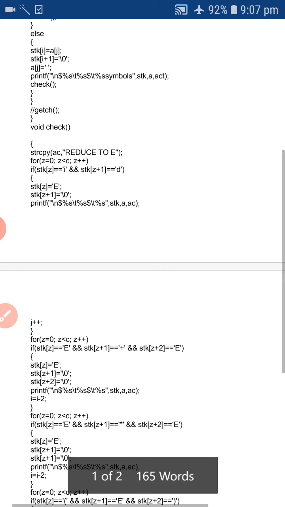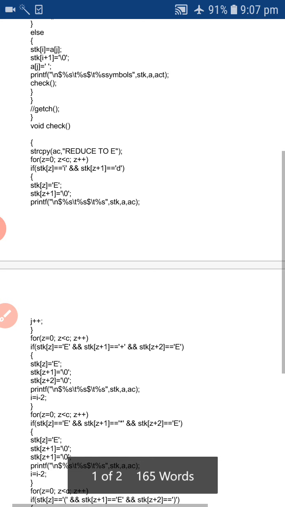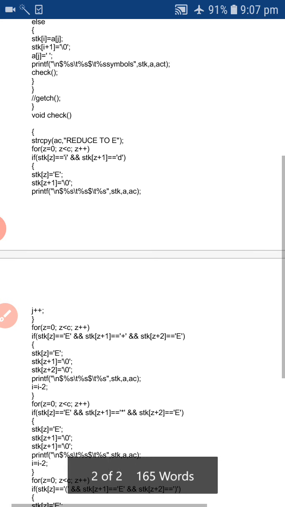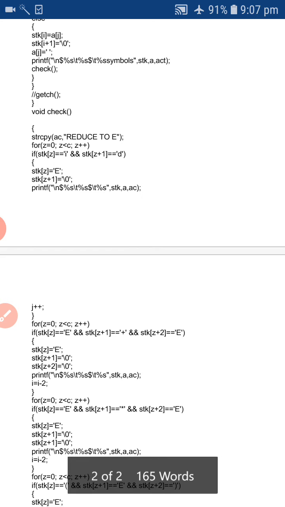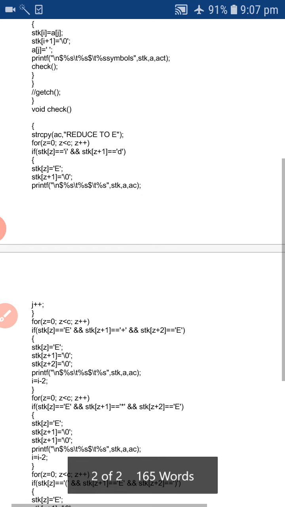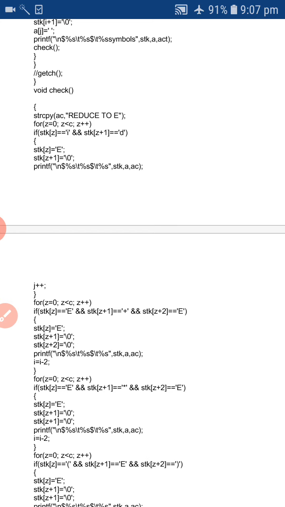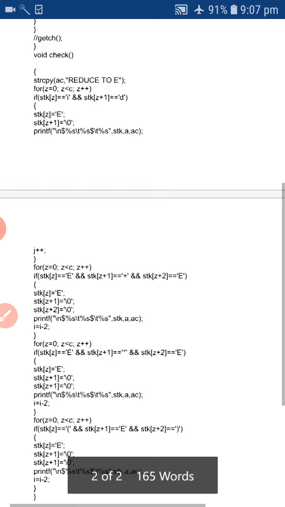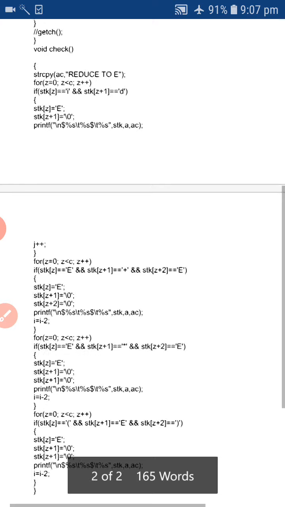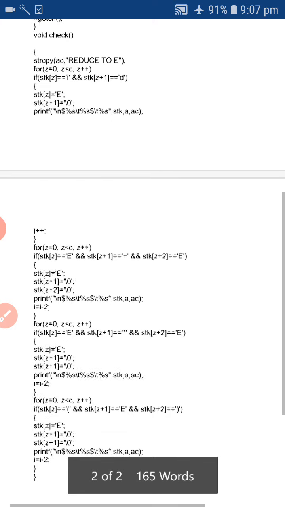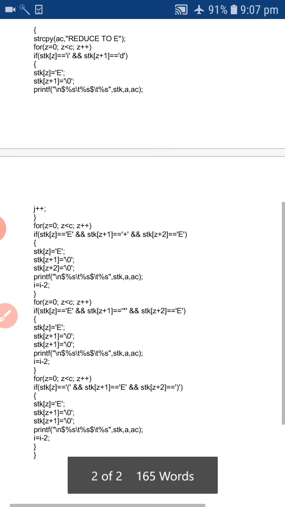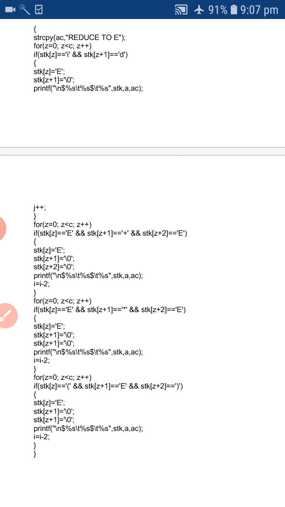Here it will be checking the first production rule, E equal to E plus T. So stack of z E, then z plus 1 backslash 0. So once again it will be checks the E equal to E plus T. After checking E equal to E plus T, once again it is checking another production.